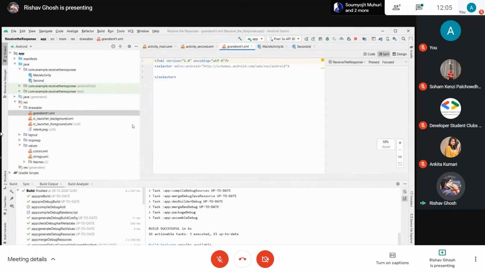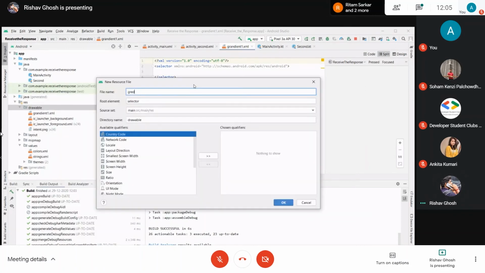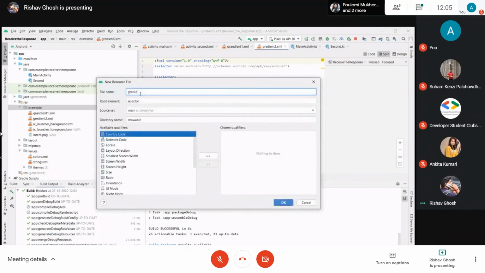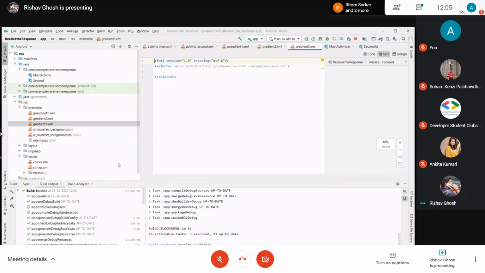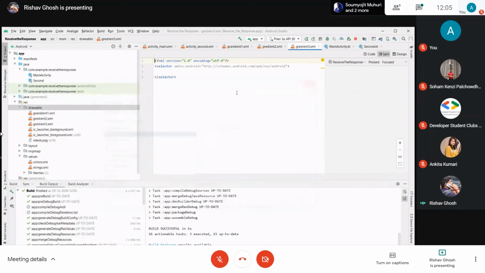This is gradient 1, and let's make gradient 2, gradient 3, and let's make it later. So in the gradient 1 we just need to